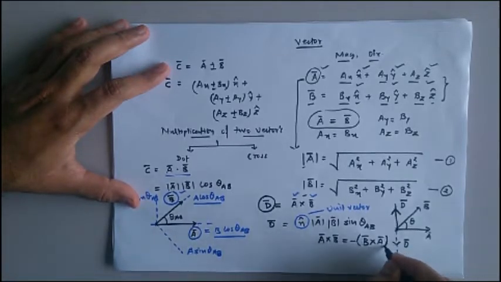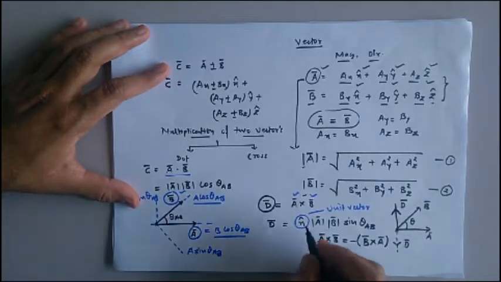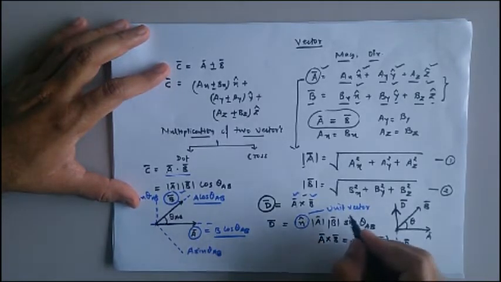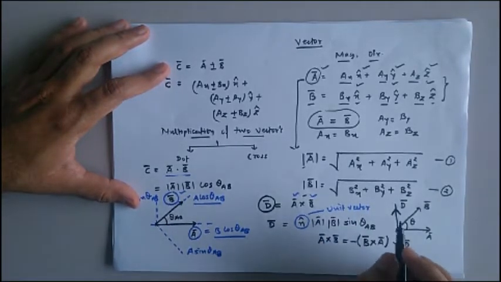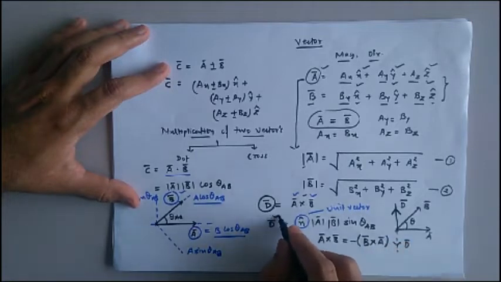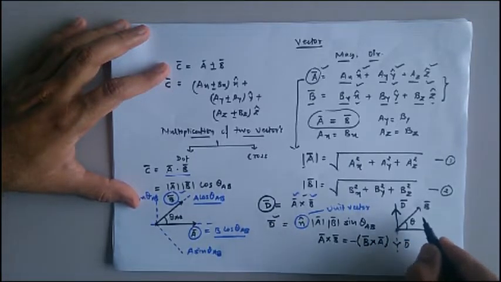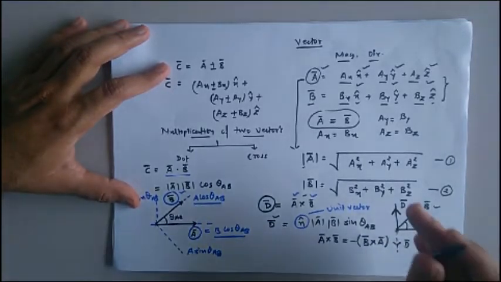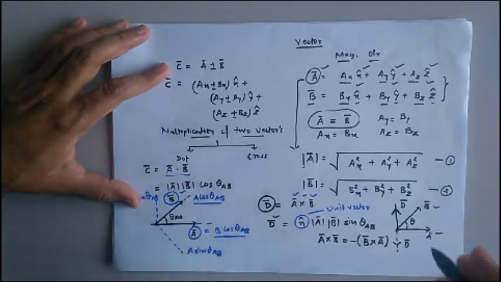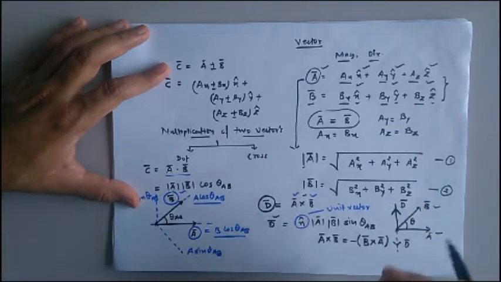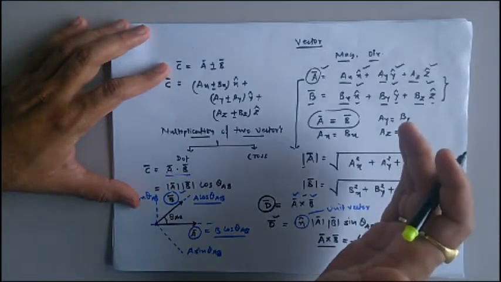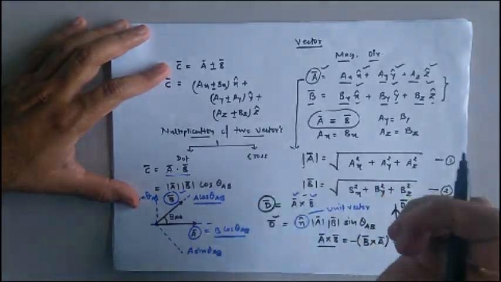with a negative sign. So this n cap indicates that it is a unit vector which indicates the direction of the resultant vector, which is going to be perpendicular to the plane containing these two vectors. It may be in outward direction or it may be in inward direction. It depends on in which sense we are calculating the cross product. For example, if we are trying to calculate a bar cross b bar, that means we are trying to move from a to b, then the thumb will indicate the direction of the resultant vector.